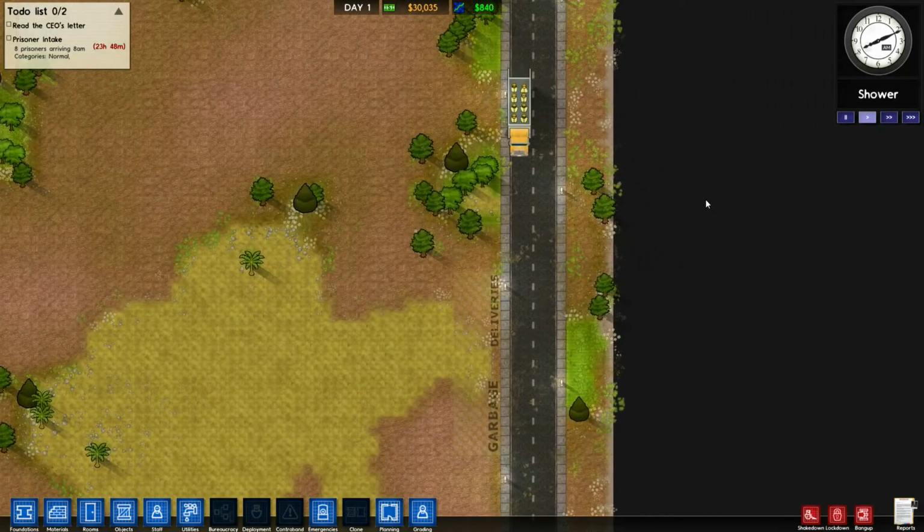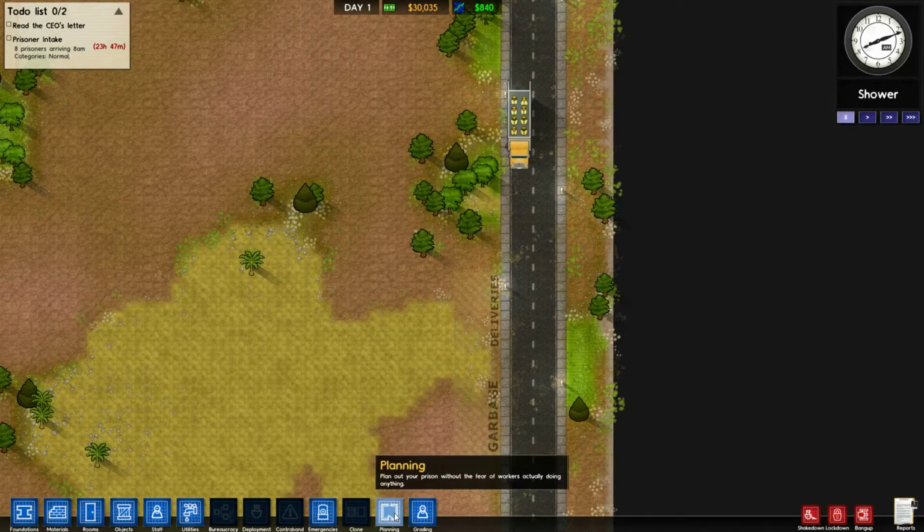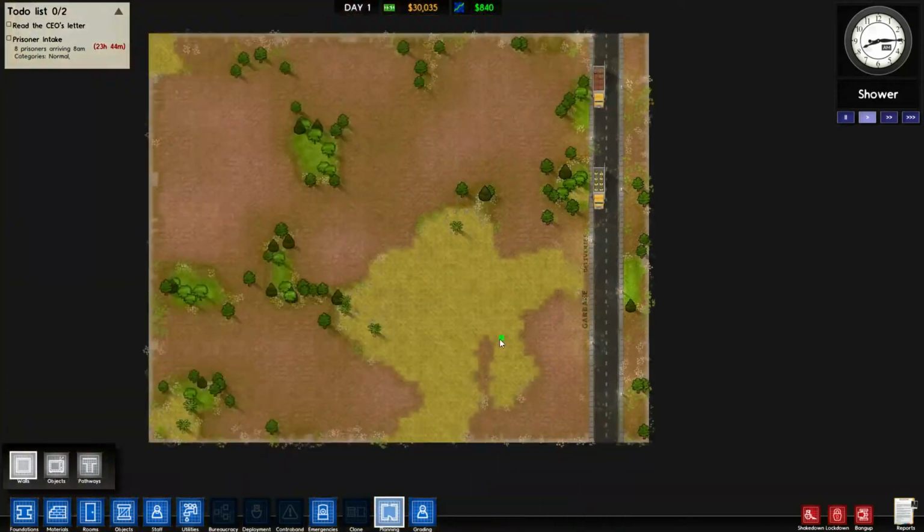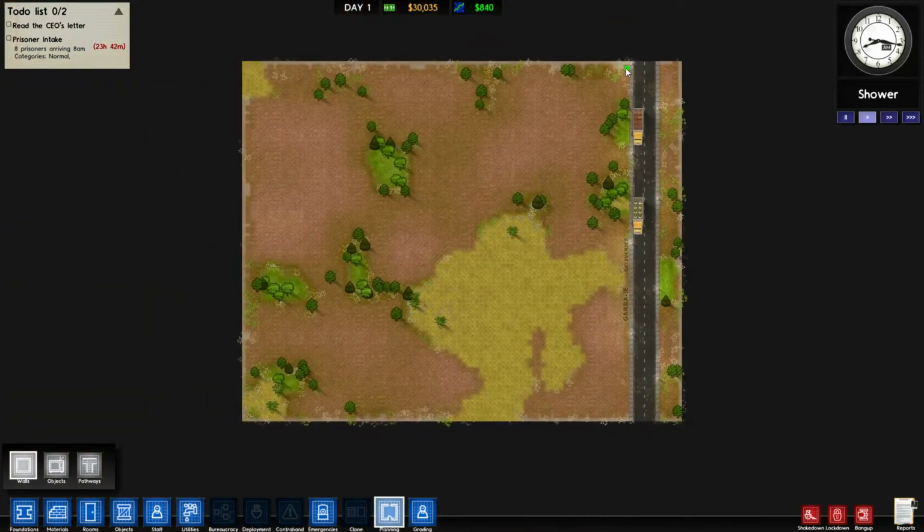So let's start. First of all, let's just pause those guys so they don't... screw it, let them run. Okay, so I'm thinking we build a central corridor. So we've got...